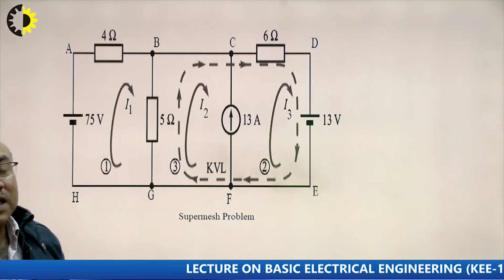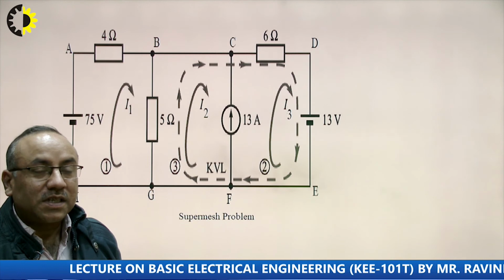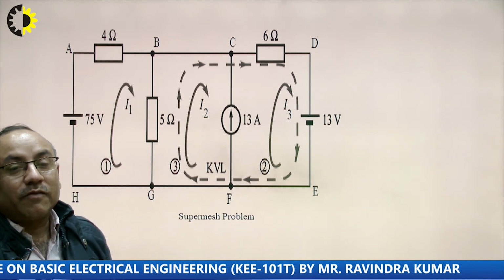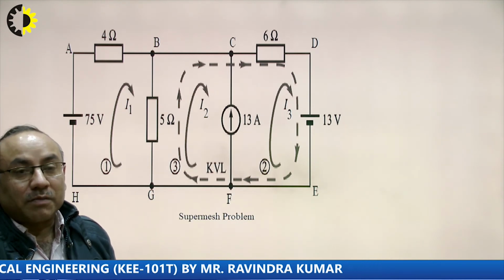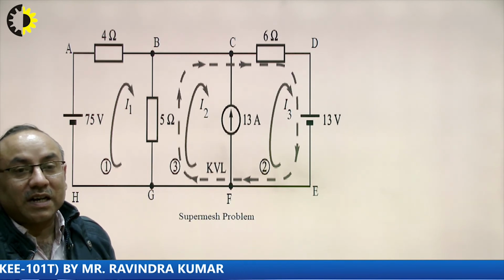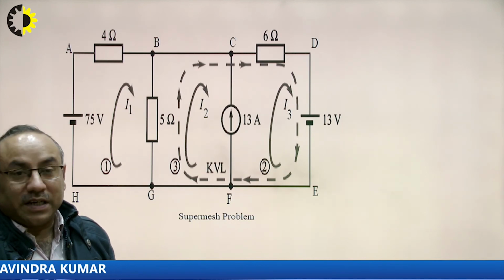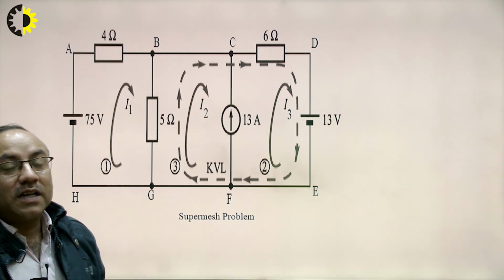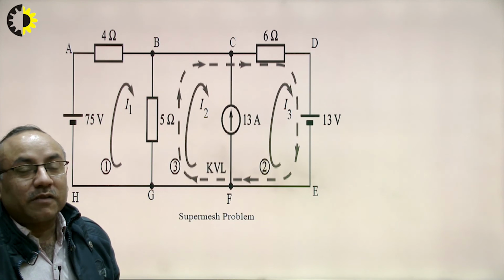How do we form those equations? In mesh number 1, we can write the KVL equation; there will be no problem in this. But for mesh number 2 and 3, one equation will be written for this current source of 13 ampere, which is connected in the common branch CF of mesh number 2 and 3, and this current of 13 ampere will be the resultant of mesh currents I2 and I3. So, one equation will be formed with the help of this, and the third equation will be formed in the outer loop, that is the combination of these two meshes.